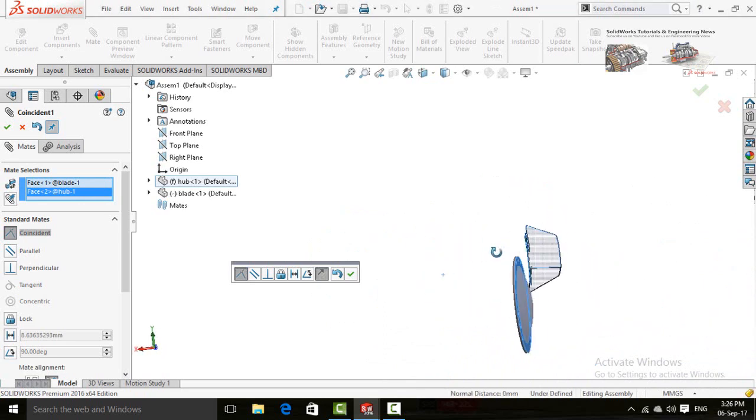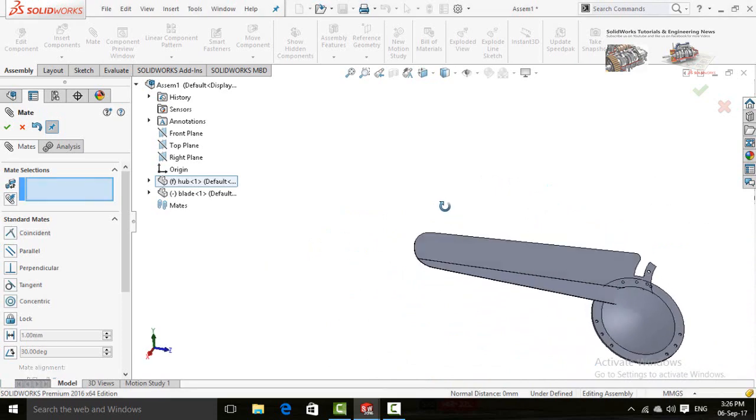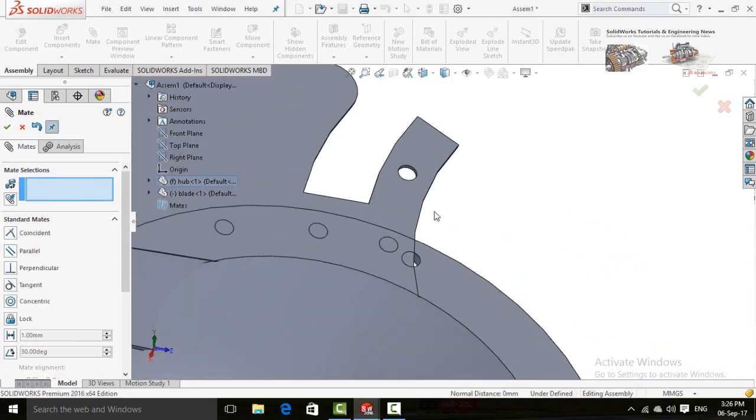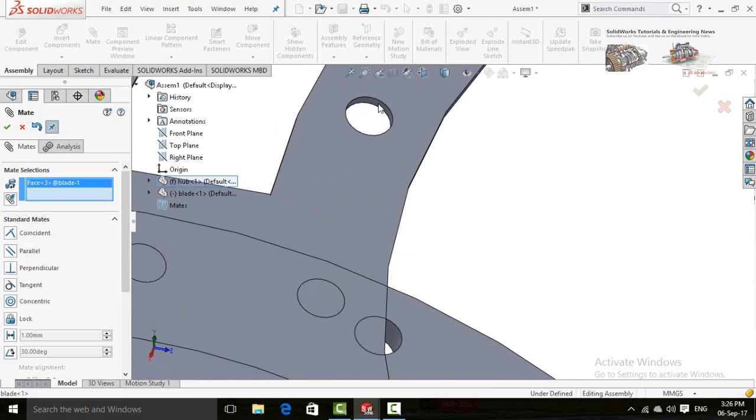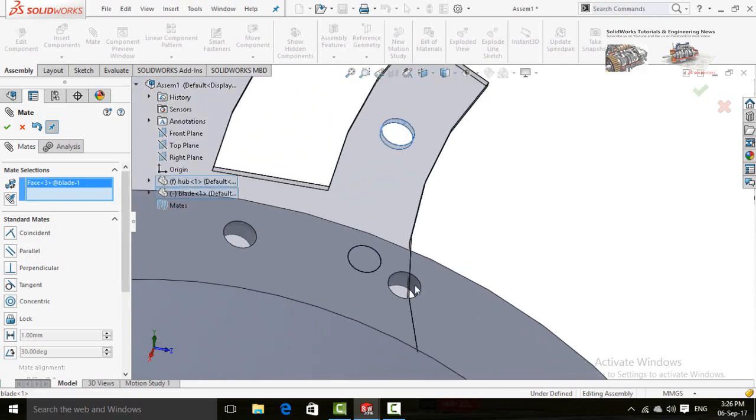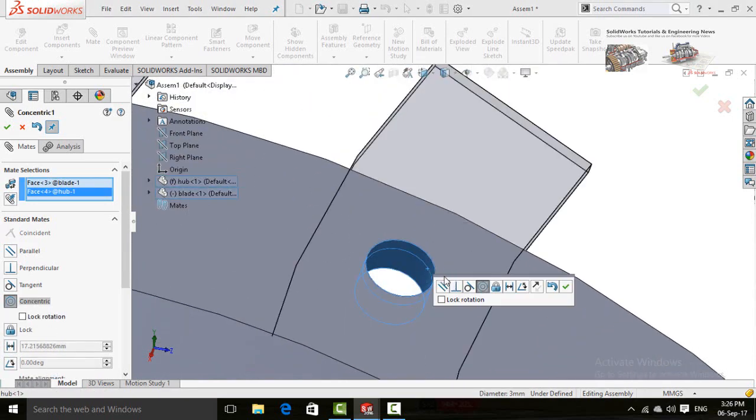We need to reverse the direction. So click on this button, flip mate alignment. Press OK button. Now click on this bore and this bore. Press OK button.